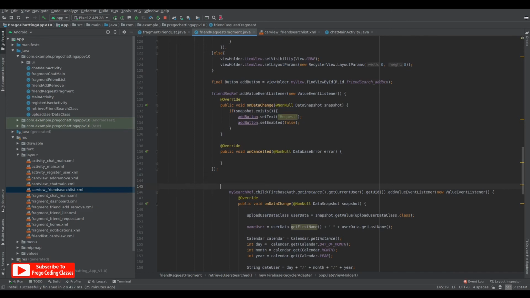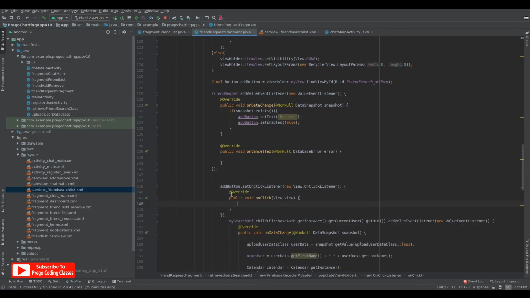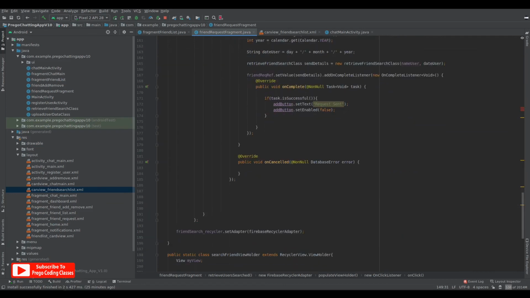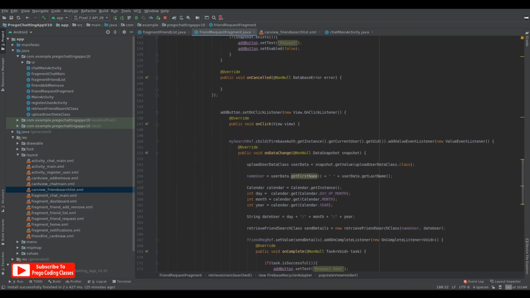So over here you say add button dot set on click listener, new view on click listener, and you just copy these two parentheses and go down and paste it over here, and that's it. Now we can run the code on the emulator.